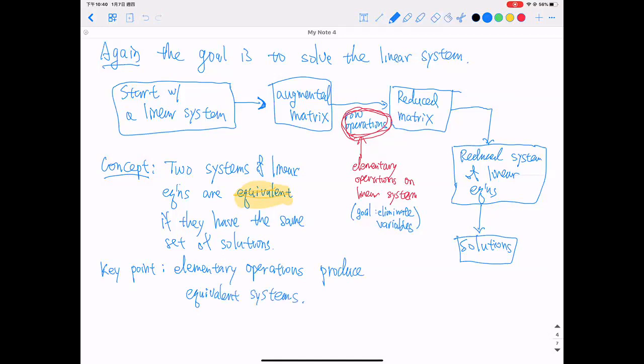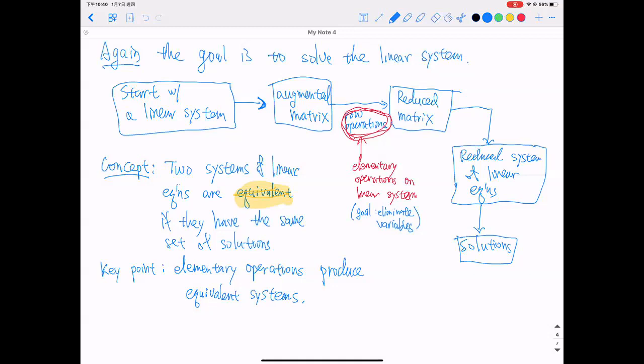Okay, so we don't have to worry about performing these operations, because they'll keep the solutions the same. So we can really freely perform these operations if it does help us simplify the system. Okay, but now